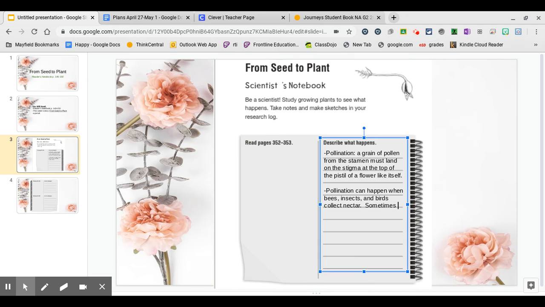Sometimes they rub their bodies on flowers and